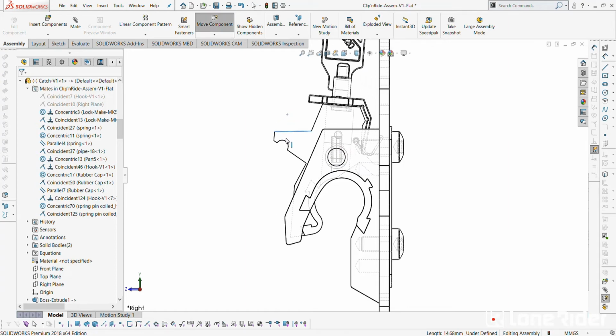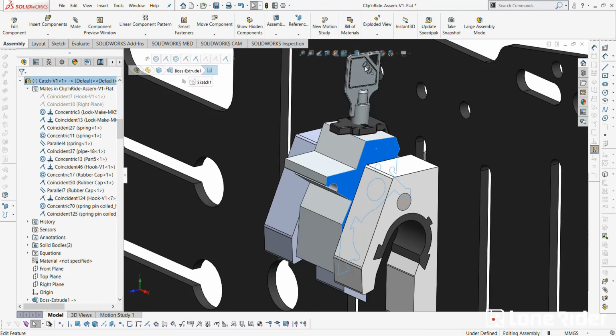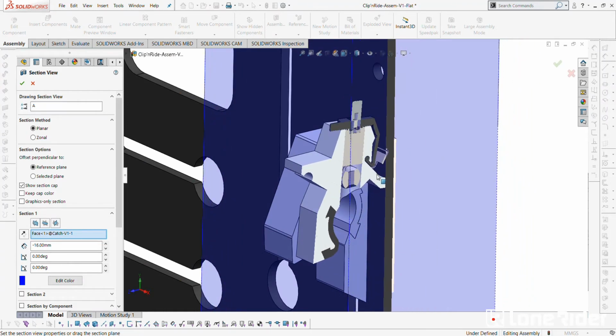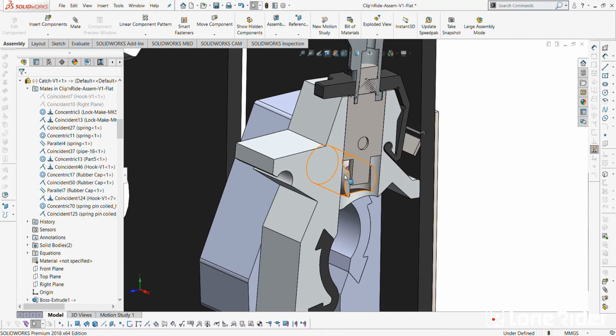How it actually works, let's go back to this other view. I just want to go into detail here a little bit. Basically, I'll cut this in half, and then I'll bring it in. So basically, there's a pin that goes through everything. Let's go about there, section view. So basically, there's a pin that goes through everything. If I open that up,